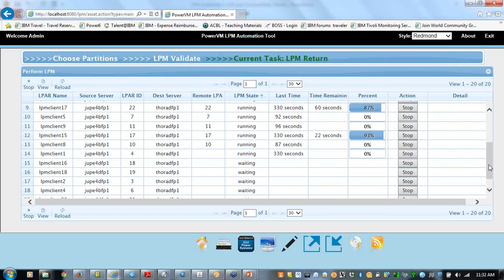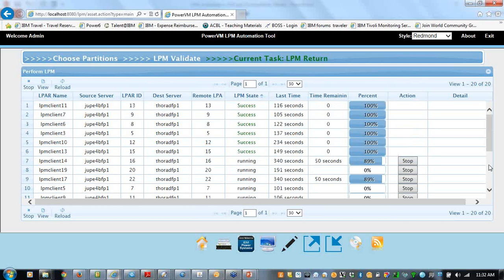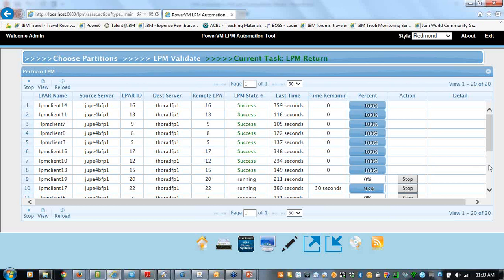So I saw the Oracle RAC question. Bob, do you know if anyone's done Oracle RAC with ASM and LPM? I know that Oracle RAC does support LPM, and I think it does with ASM, but I'll have to check the Oracle release notes. Good question. Don't know.